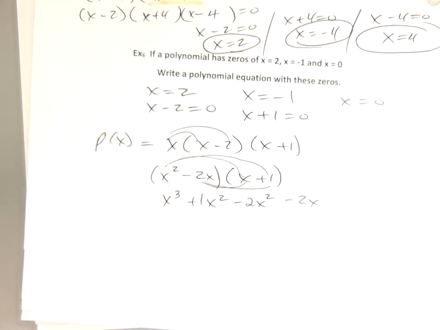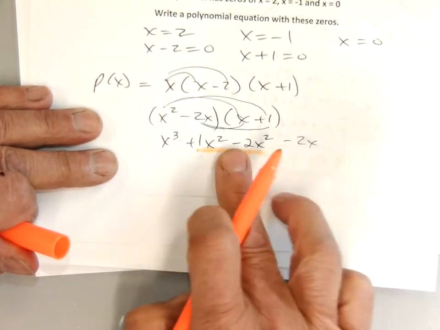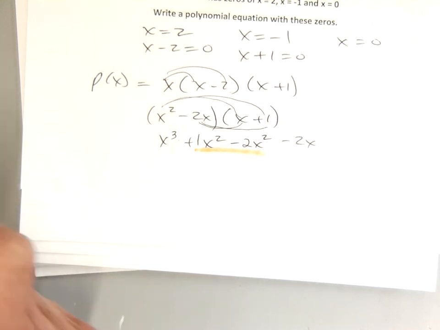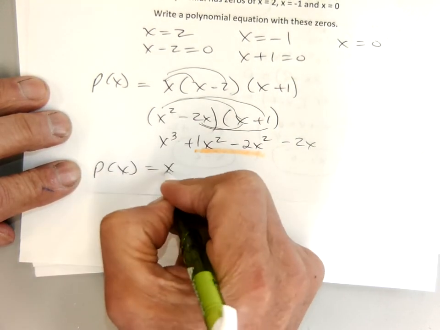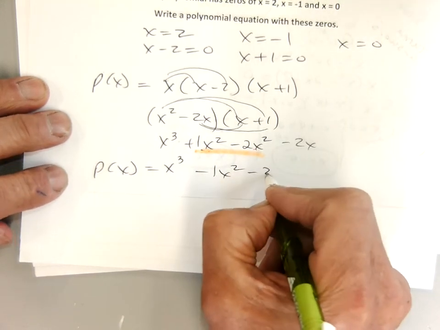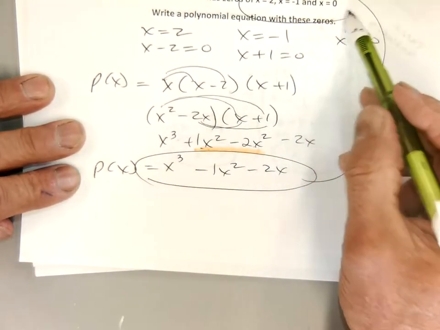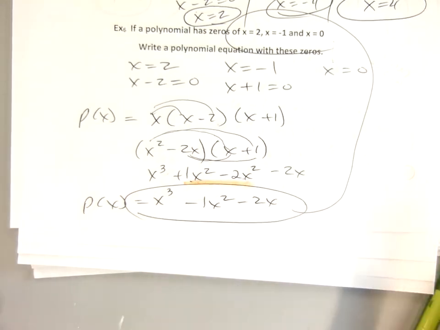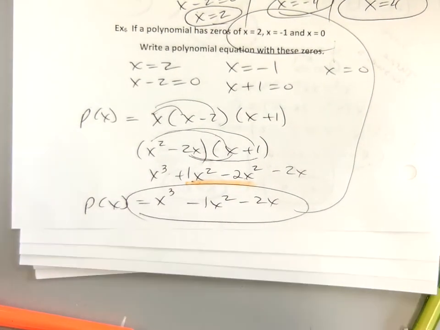Looks like these two are the same, aren't they? Those two right there, those are the same. I can add those, or actually subtract them. So p of x is equal to x cubed minus 1x squared minus 2x. This polynomial would have those zeros. Okay, what do you think? Not too bad? Okay, we're